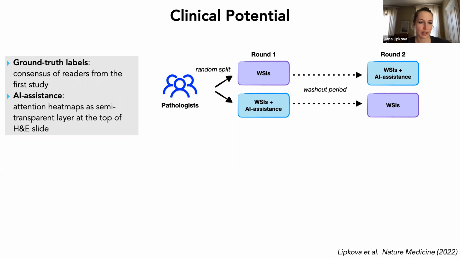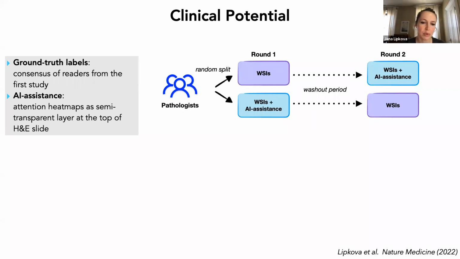Okay, so in the second study, we wanted to see what is the added benefit of using the model as an assisting tool, like how we can really deploy it in clinical settings. And we divided pathologists into 2 groups. In the first round, 1 group of pathologists was asked to make diagnoses using only the whole slide images. And the second group used the whole slide images with assistance of the AI model. And the assistance was in the form of attention heat maps superimposed on top of the H&E slide. Basically, it was what I was showing you on the demo website. So you could see the whole slide and you can move the attention heat maps to see the predictive regions estimated by the model. And following the washout period, the pathologists in the specific groups switched.